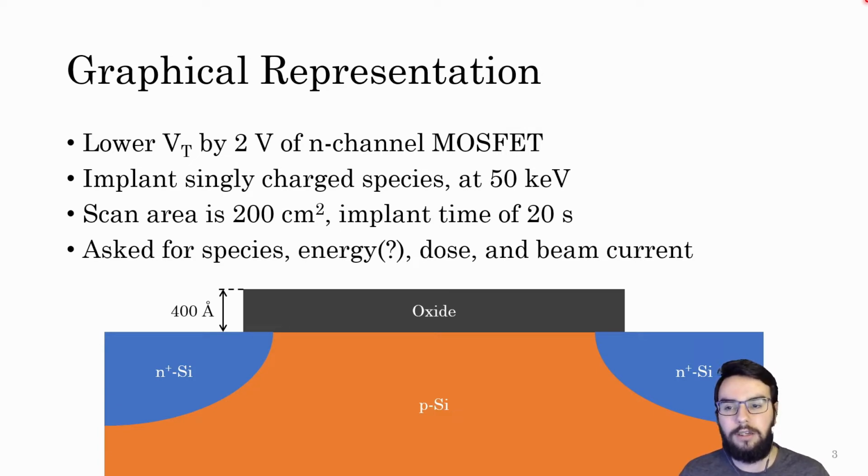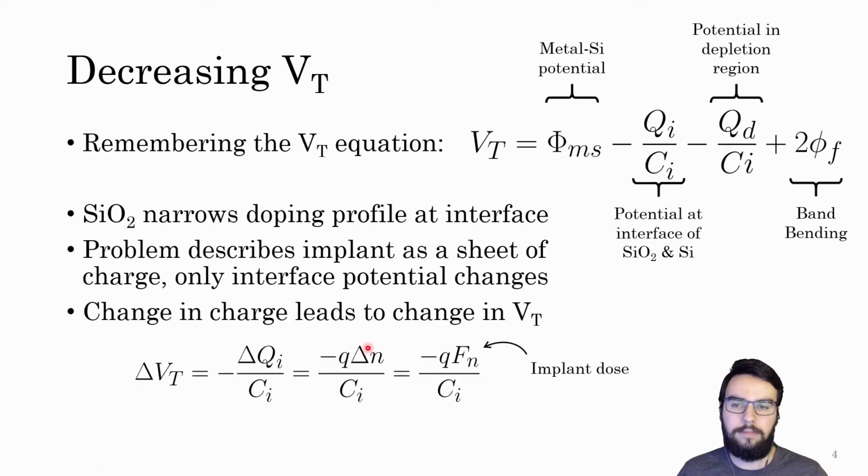Now we're asked for the species that we're going to be using, the energy, which is a little bit odd because we're given the energy as well, the dose, and the beam current. Another interesting fact is that we have 400 angstroms of oxide already deposited, so we're basically implanting through the oxide. To decrease VT, we first have to remember this equation that we had for it,